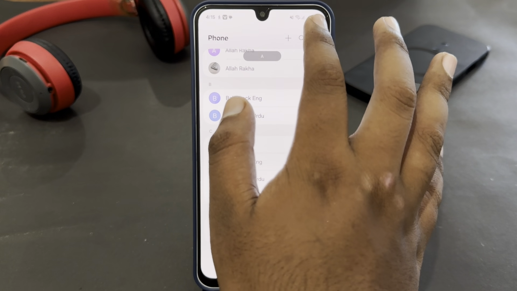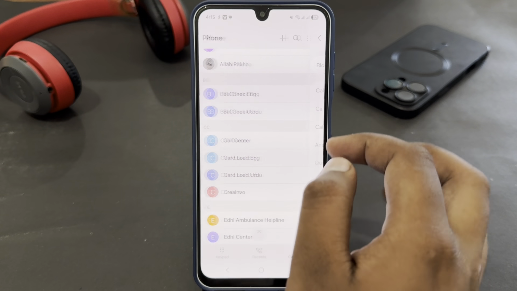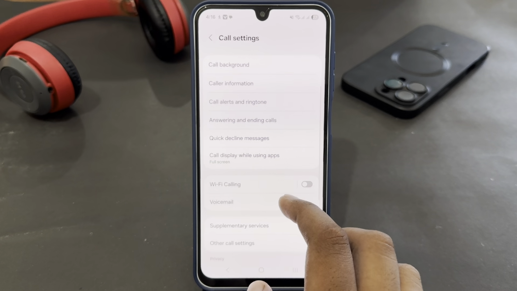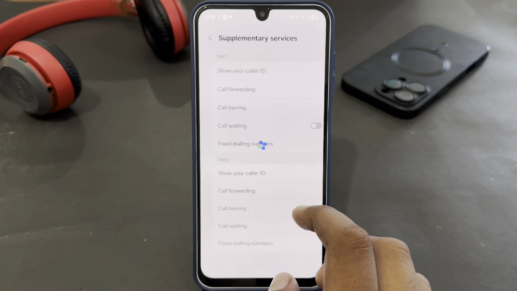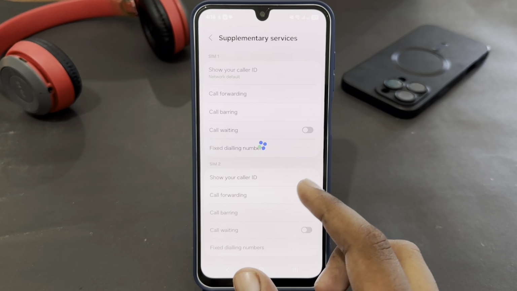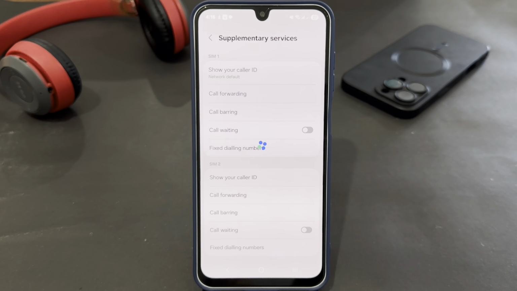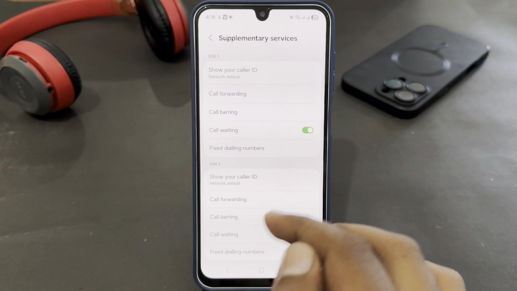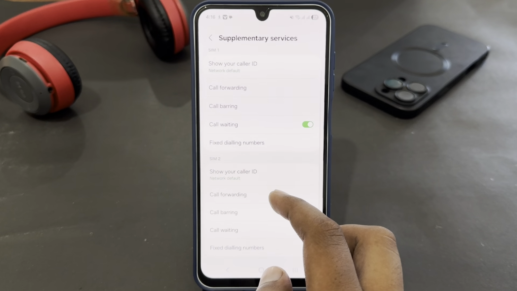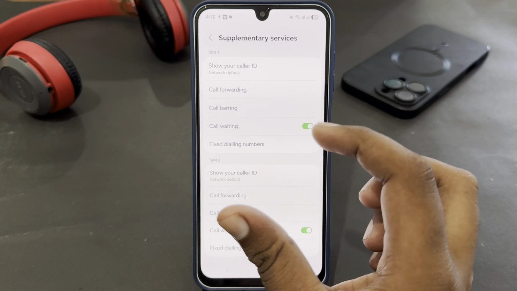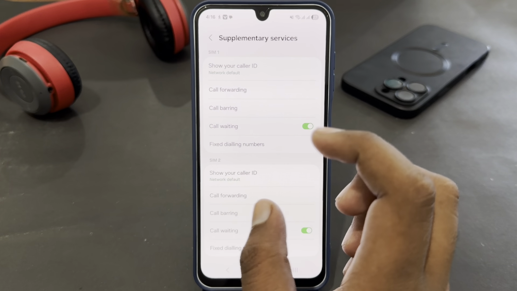in the top right corner. Go for settings, then just select supplementary services. You just have to wait for its loading. And then from here just select show your caller ID for the SIM on which you want to hide your